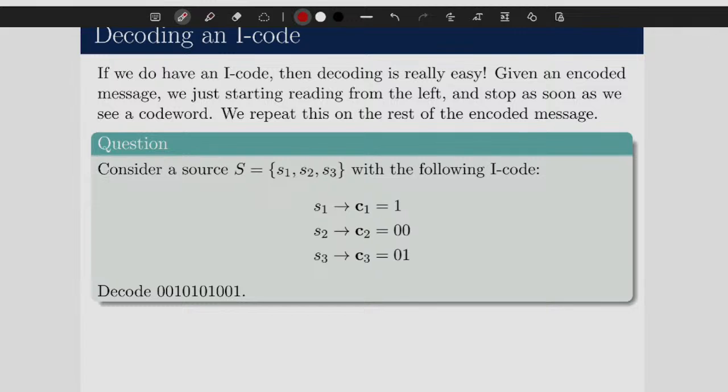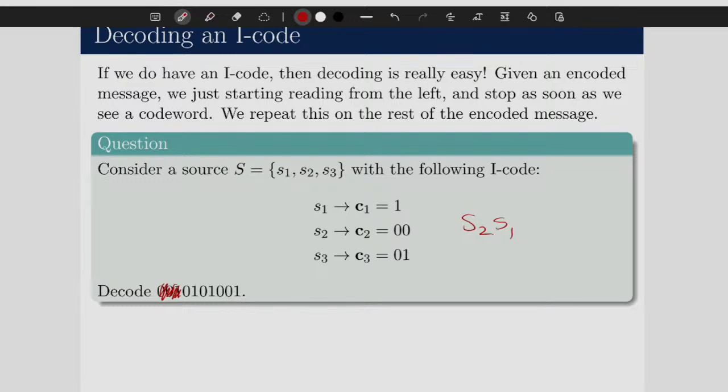So let's go through that as a really, really quick example. I think it's worthwhile to go through this, not just to run past it, but to go through it really quickly. Obviously, 0 is not reminiscent of any code word, so we move on. What about 0, 0? I can see that that is S2. 1, is that a code word? Yes, it is S1.